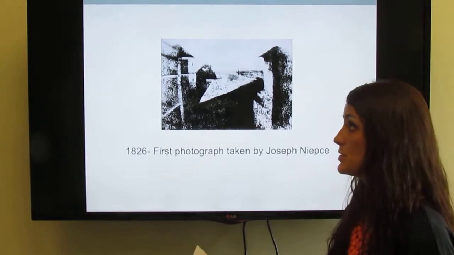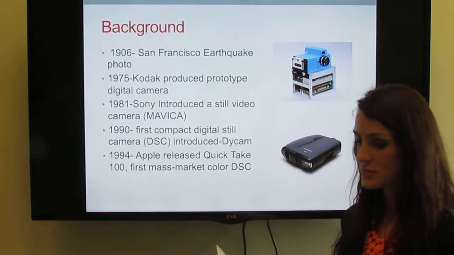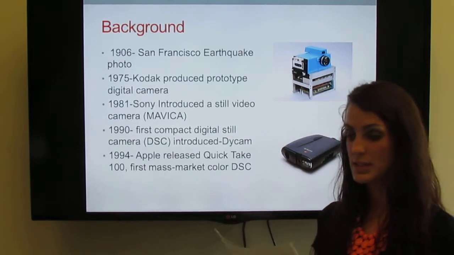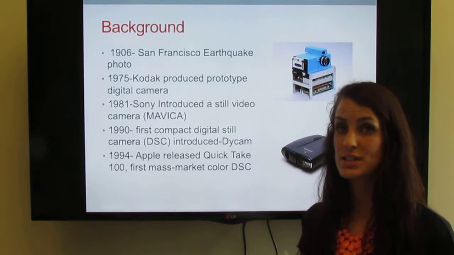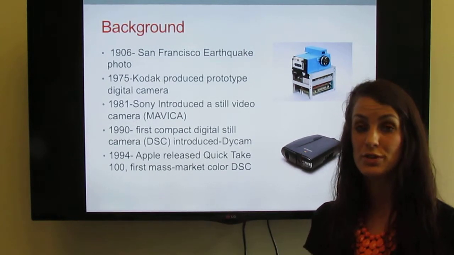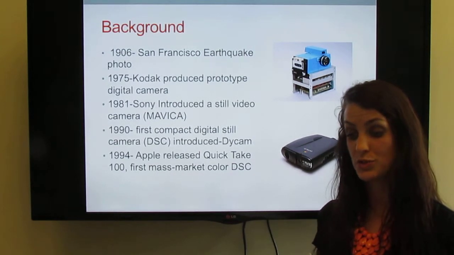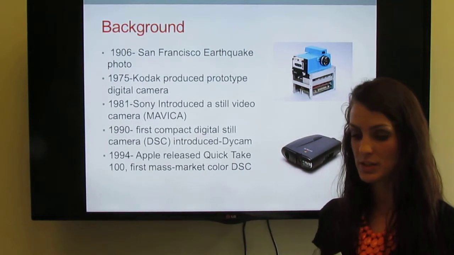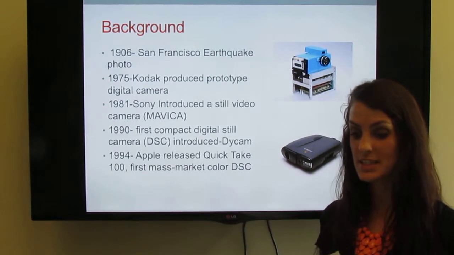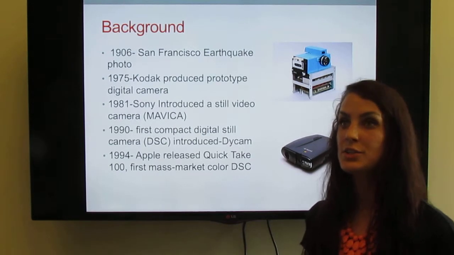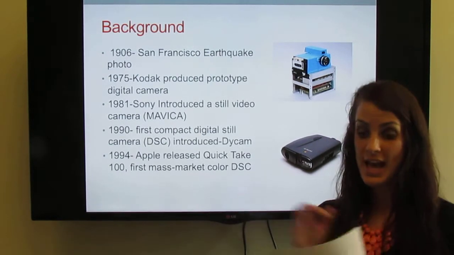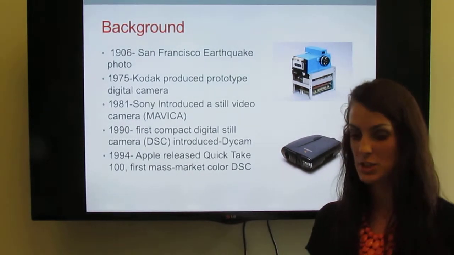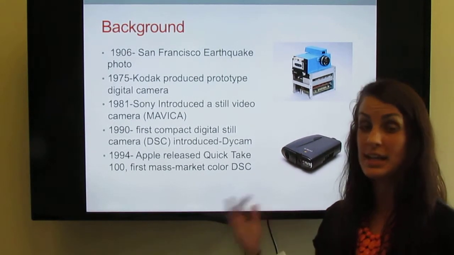Next we'll go into some more background. In 1906, a San Francisco earthquake photo was taken, and it was said to be altered as much as 30% according to forensic image analyst George Reed. Next, through the years, Niepce's 8-hour exposure went to 1/500th of a second or less through the cameras. So we see where it went from 8 hours to take a picture to just 1/150th of a second to take a picture. And that shows you how far cameras have developed.